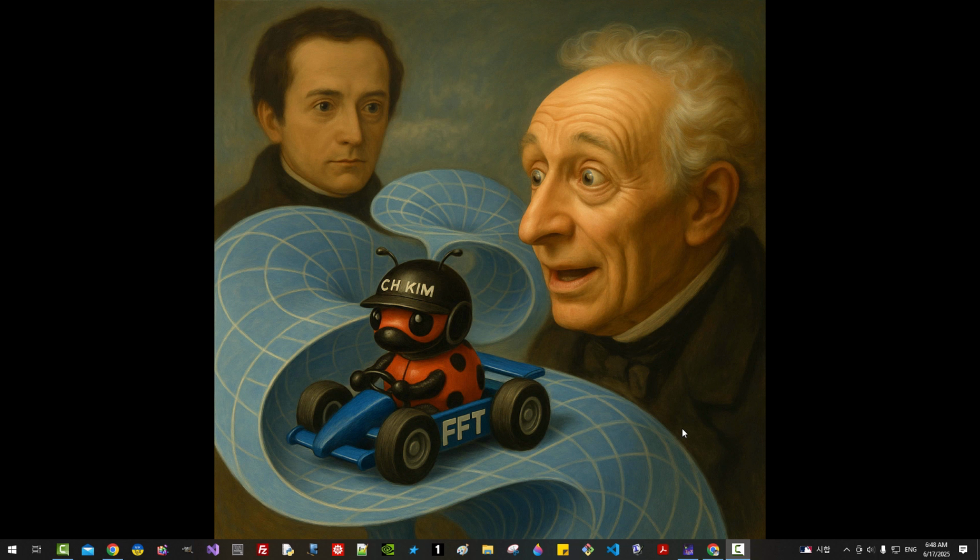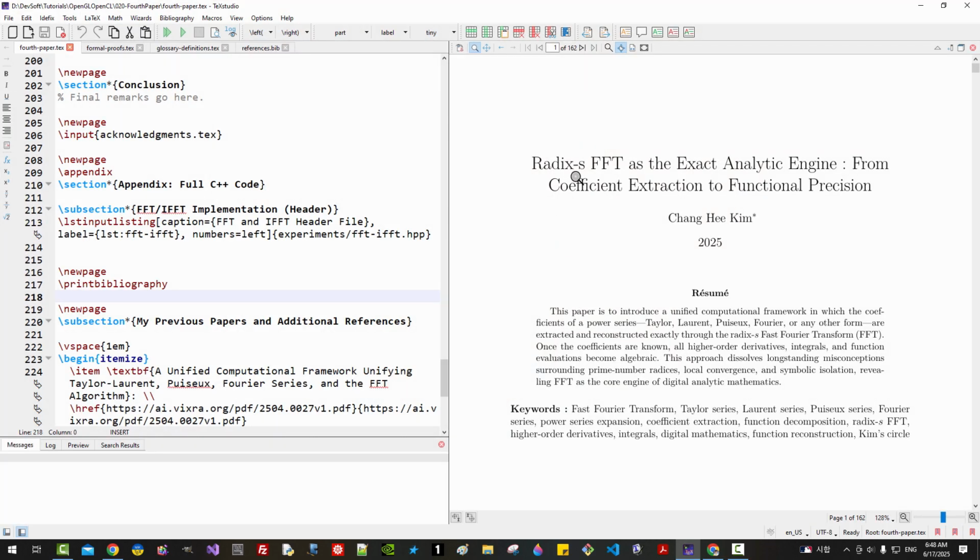Hi everyone, my name is Thomas Kim. Today is 17th of June 2025. It is 6:48 a.m. I'm currently writing on Radix FFT as the exact analytic engine, from coefficient extraction to functional